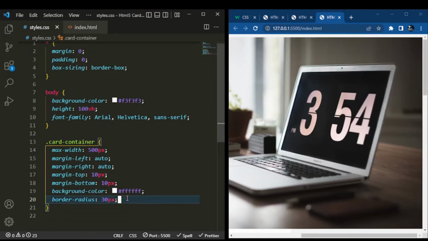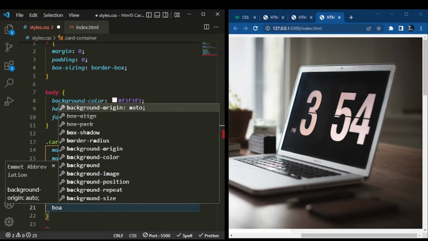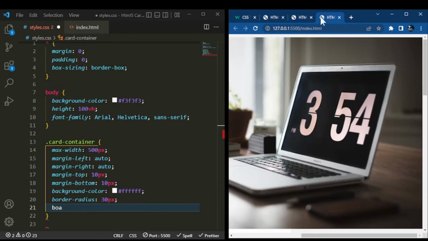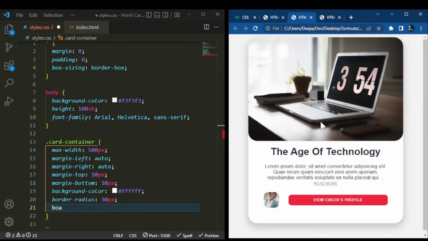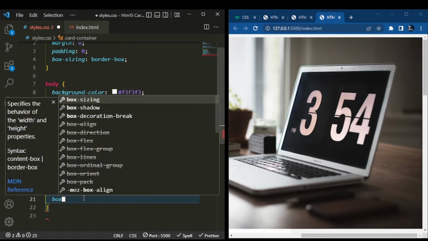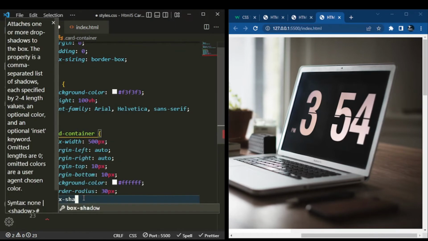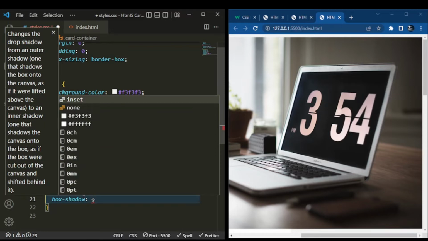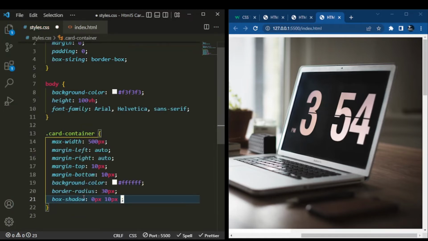So let's see what else we need to add to make this box look very nice. We're going to add box-shadow, right? Because I think we had a box-shadow here. Yes, we have box-shadow here. So let's add box-shadow. Even though it might not feel the same now, as we go along you will see this thing take shape a little. So let's add our box-shadow for our site. So we say box-shadow. And for this box-shadow, which values do we want? Well, we want 0px, then 10px, then 20px, and then 50px. But the color for this box-shadow is hash